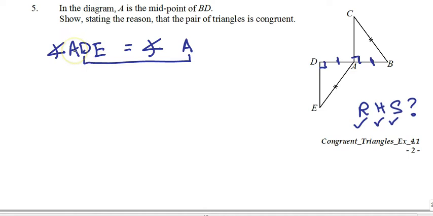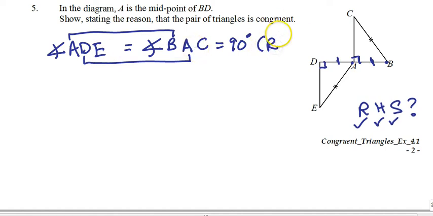Then how about A? Let's look at AD here. AD here is equal to AB of the other triangle. So I know AD here must correspond to BA. So we know that A corresponds to B. This point here, A, corresponds to this corner here. And therefore, E must correspond to C. So we know angle ADE equals angle BAC equals 90 degrees. Remember, how you name the angle is very important. You must make sure that the vertices actually correspond to each other. So this will give us the first R.